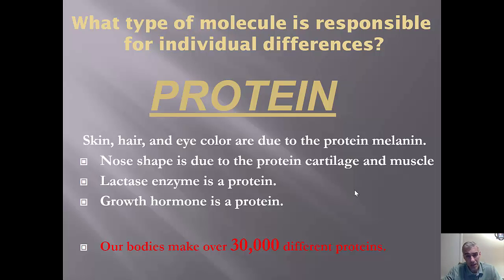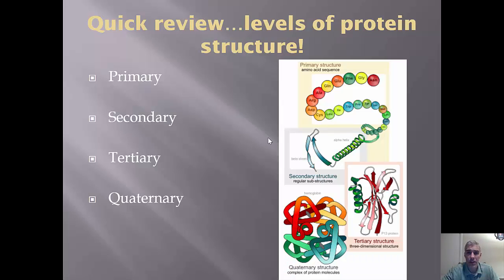so each cell can do its individual job. So just a quick review of the levels of protein structure. Remember, primary structure of a protein is the order of the amino acids. Those amino acids each have different characteristics based on their R groups. Some R groups are polar, some are non-polar, some are charged, some form specialized disulfide bridges with other ones. So the order of the amino acids is very important, and that's the primary structure. Secondary structure is how it starts to form into alpha helices and beta sheets, as you can see down there. Remember, that has nothing to do with R group interactions. That's just hydrogen bonding between the amino groups and carboxylic acid groups of adjacent amino acids.